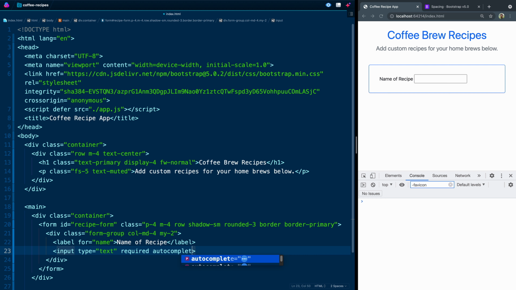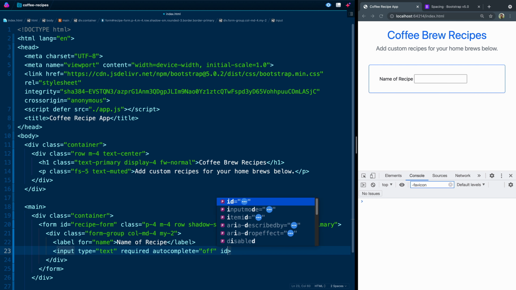So I'll just say autocomplete, and we're going to set that to off. And then we will need an ID on here, and a name that will match the for and the label that will link those two, which is good for accessibility and also just tells the form what's linked to what. And then I'll add a class of form-control